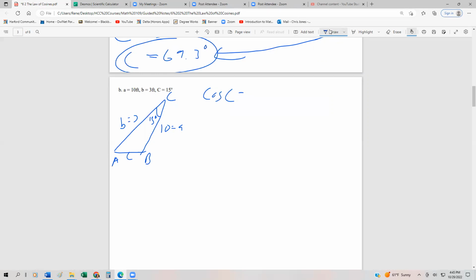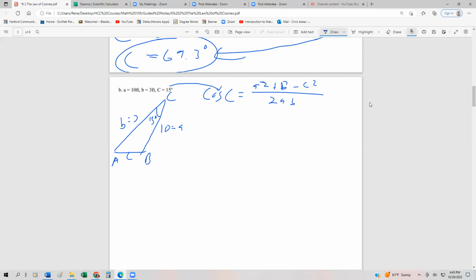The cosine of C is going to be equal to a squared plus b squared minus c squared, divided by 2ab. All right, that's our law of cosines. And the reason I'm using this one is because we know one of the angles, we know angle C, so we should really start with that, because there's only one angle that we can use at a time with